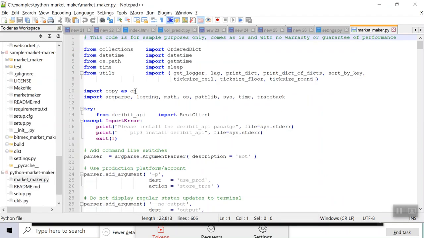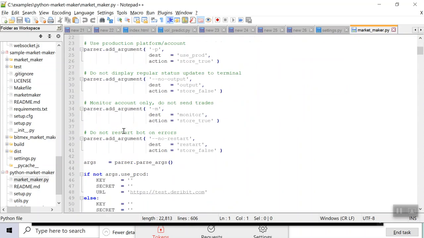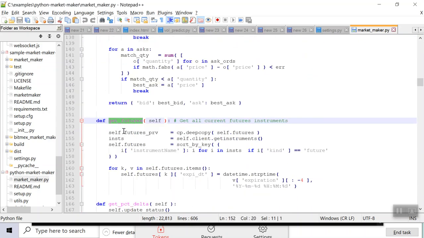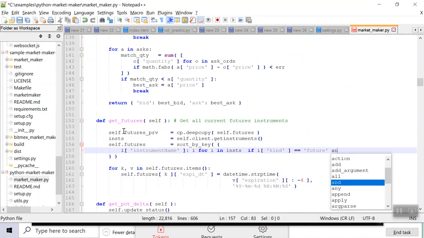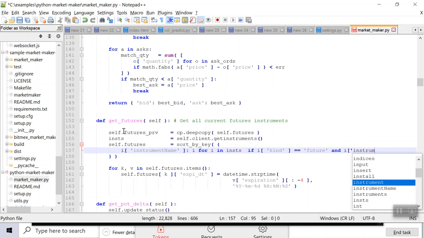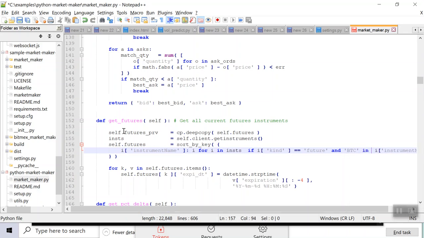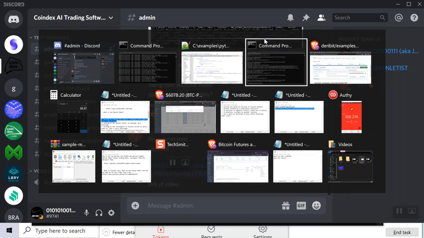Now, this is a much more fancy bot. First off, we can use a whole bunch of extra futures at once rather than having to rely on just Bitcoin. And I'm pretty sure it's going to fail if our instrument name contains ETH because it's an older market maker and hasn't been updated. The original creator, Uriel, has updated this bot significantly since it's been developed and released on Deribit's GitHub. However,